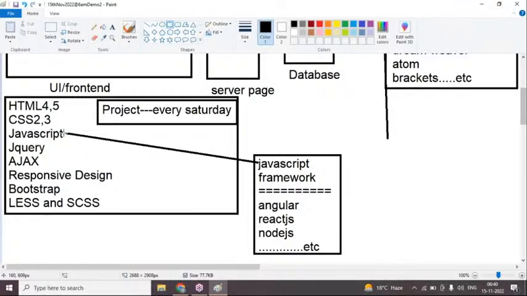Okay. Here I'm discussing frameworks. And those framework classes are Angular, React, Node. Any framework we can use here to develop our output. Next one here,